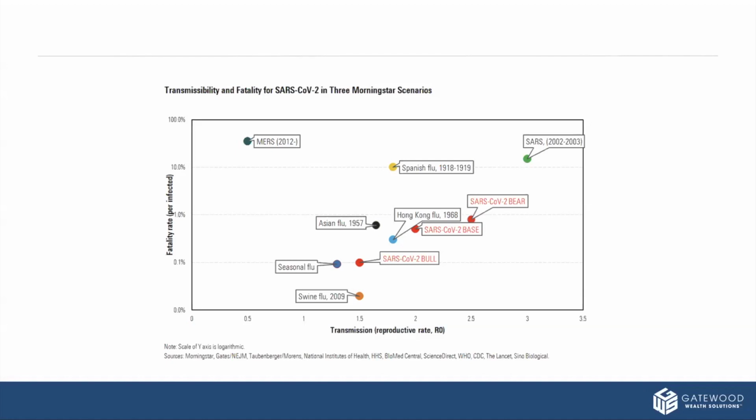However, and this is where it gets scary, and oftentimes what we see in movies, is when they are both. Smallpox and the Spanish flu are examples of both high transmission and high fatality rates. One thing to consider is fatality rates tend to drop over time, but not always. The swine flu, which was in the headlines in 2009, started strong with fatality rates of 10 to 20%, but quickly faded to well below the seasonal flu rate of 0.1%.